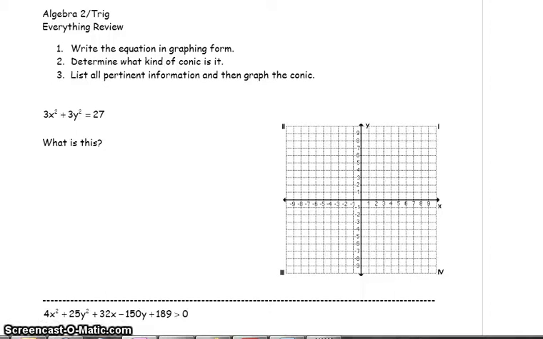Alrighty, so we are going to bring together everything that we've been learning about conic sections into this one review. Our first step is to write the equation in graphing form and determine what kind of conic it is. So remember, our four types of conics are circles,